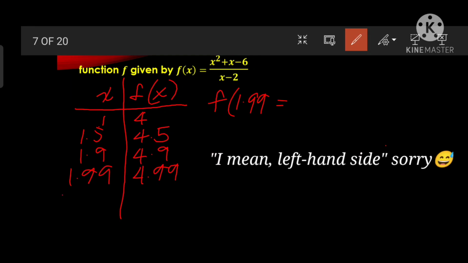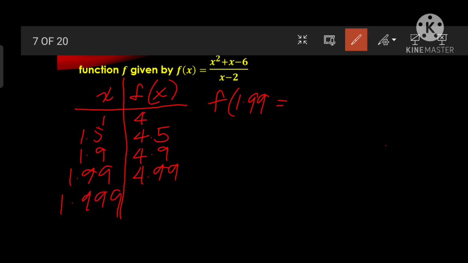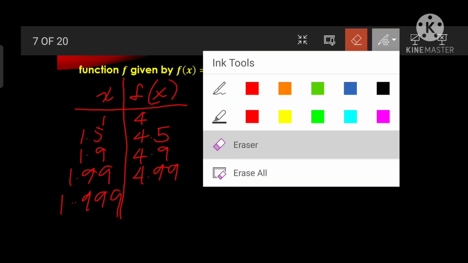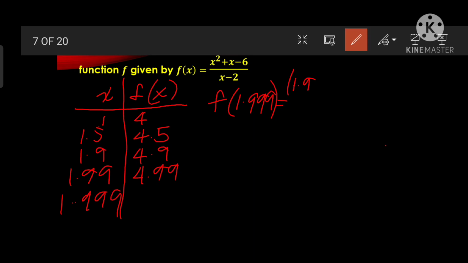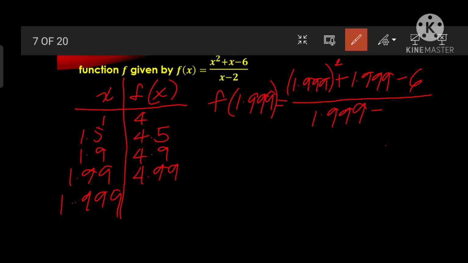Instead of 1.99, let's have 1.999. So 1.999 squared plus 1.999 minus 6 all over 1.999 minus 2 equals,